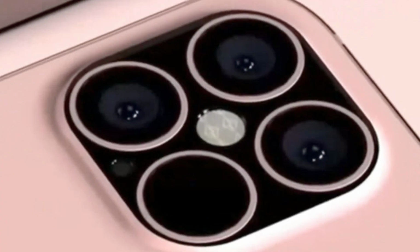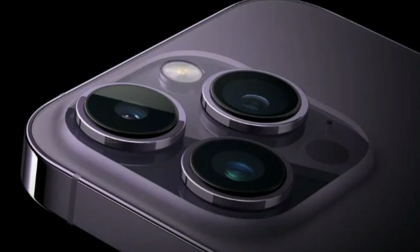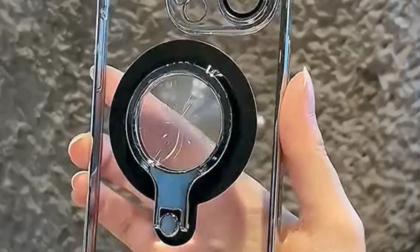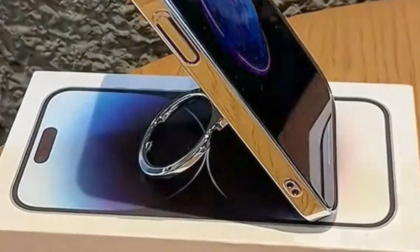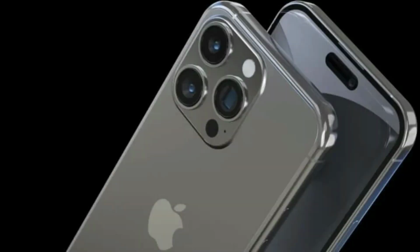Of the new ones that have come out, they've all basically stayed the same. The only reason why price increases have happened across the world is because of the price difference to the dollar, and also because of taxes and things like this. So really the baseline actual price hasn't changed over those years, and Apple are going to be upping it for the first time. Also remember that we've got some things like the Galaxy S23 Ultra. It comes in at $1,200 right now to buy,